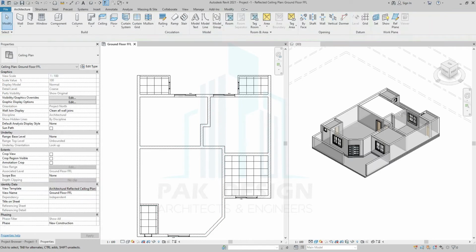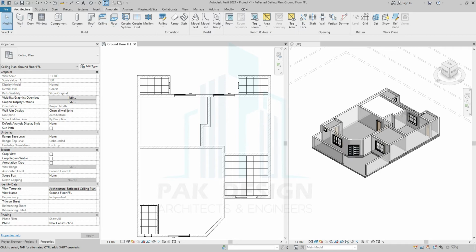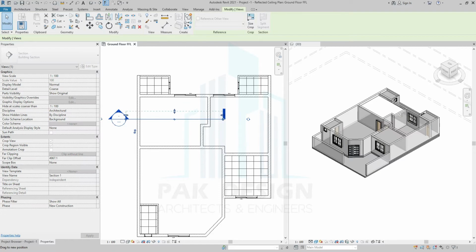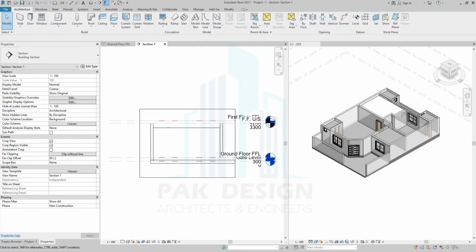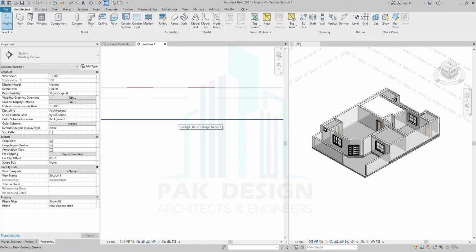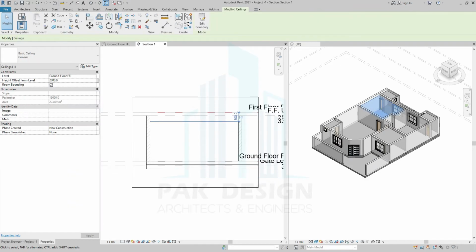select here. First of all it's not showing, but the ceiling is already here. So what I will go, I will make one section here. Okay, sorry, section. We'll see what is the difference in compound ceiling and basic ceiling. It's showing like only a single line, but definitely there will be ceiling like the gypsum height will be there, then channel height, channel size is there, which is not showing here.